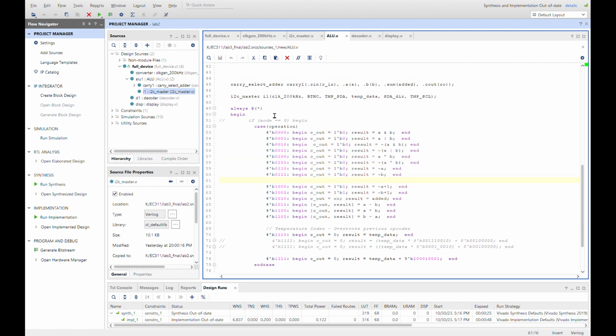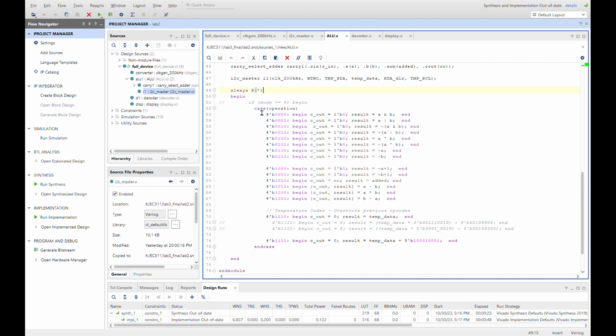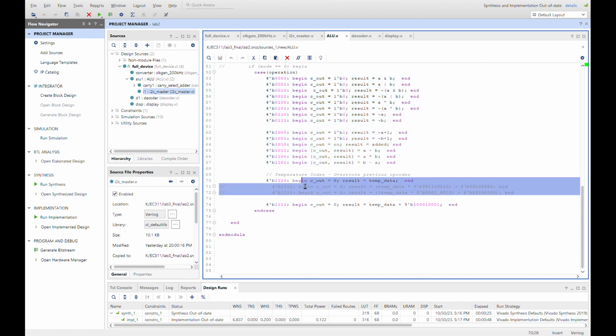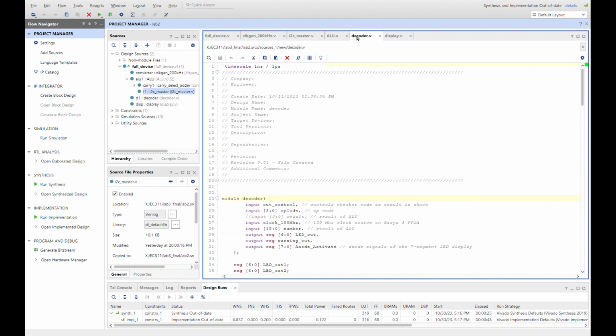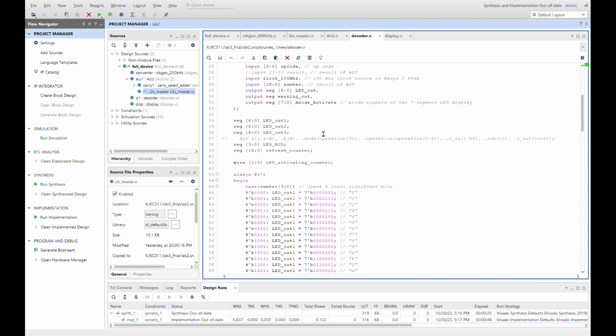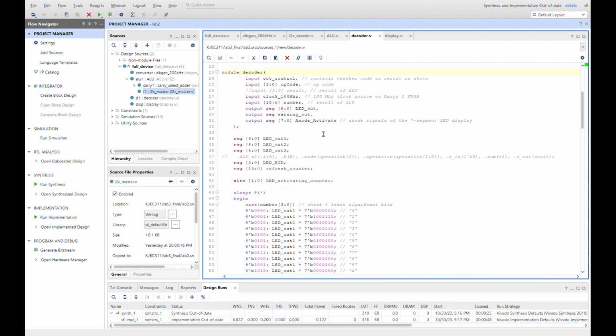So once we get that temperature, we use that module in the ALU, and in the ALU we have the same 14 operations as before, except now we replace the final two with getting a temperature in Celsius and getting a temperature in Kelvin. And so this value gets sent to the decoder, which displays the number on the 7-segment